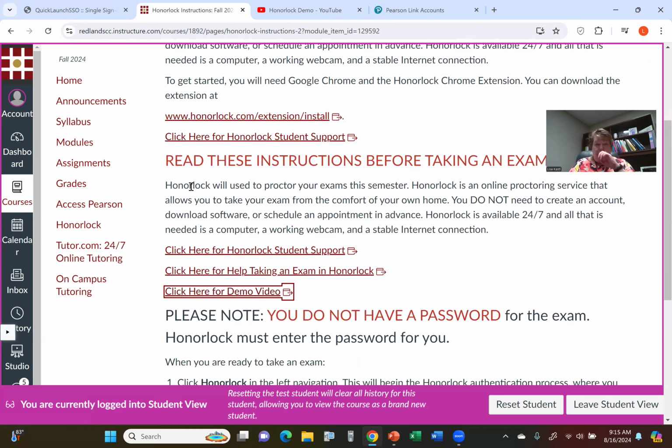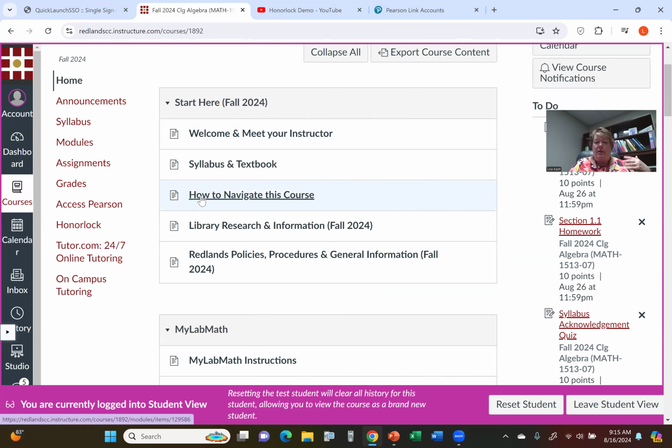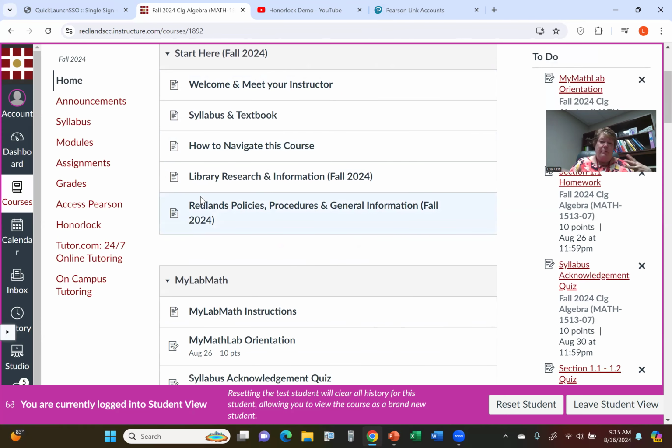All right, let's go back to Canvas, and that's pretty much the things that I wanted to walk through with you. The rest of this you can click around, and I am a firm believer that especially with software applications like this, the best way to learn it is just to go in there and click around.